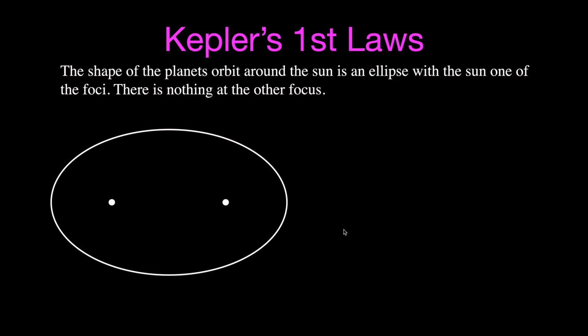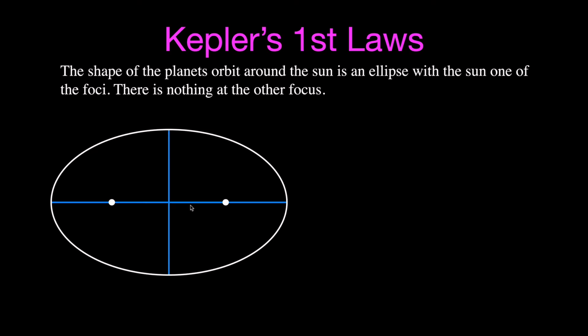Another characteristic of an ellipse is its eccentricity. And to get to that, we're going to talk about some of the anatomy of an ellipse. So we have an ellipse here. We have the two foci. If we draw a line through the two foci, right through the ellipse like that, we call that the major axis. And if we draw a line perpendicular to that, that goes the greatest length across the ellipse, we call